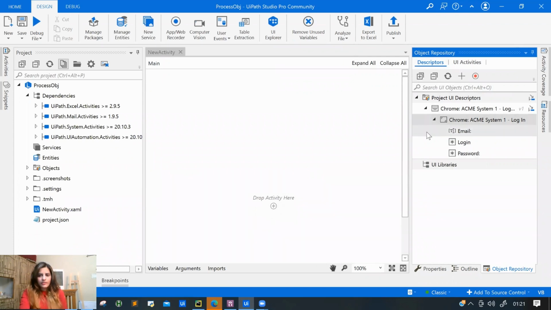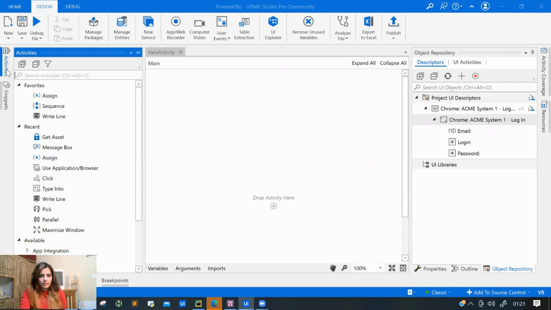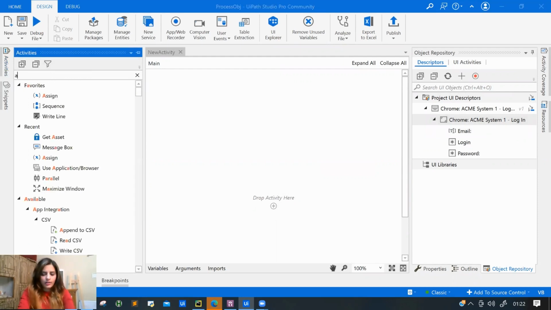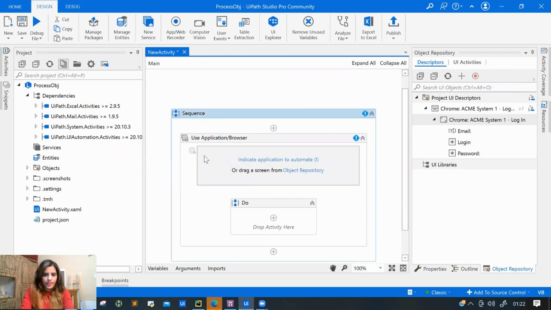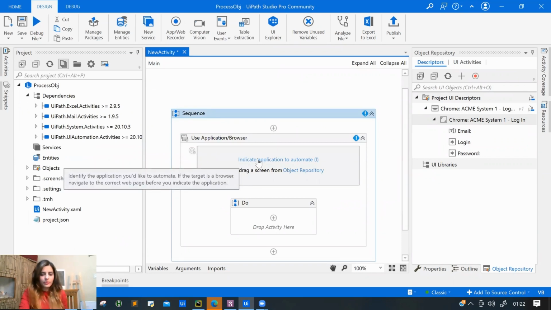Okay, so once you have captured all the repository here, if you want to see how it basically works, I want to automate. So browser. If you can see, this button is there, right? What you basically have to do is click on indicate, and then indicate the website.